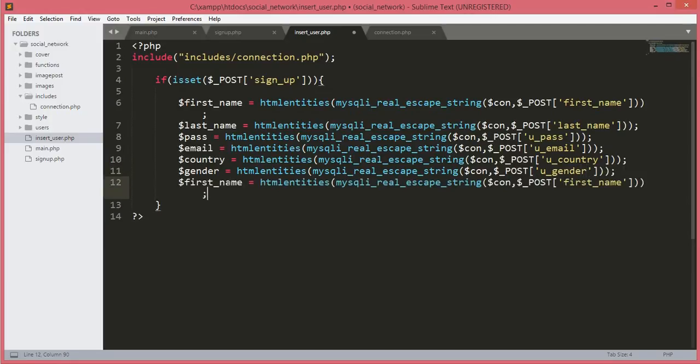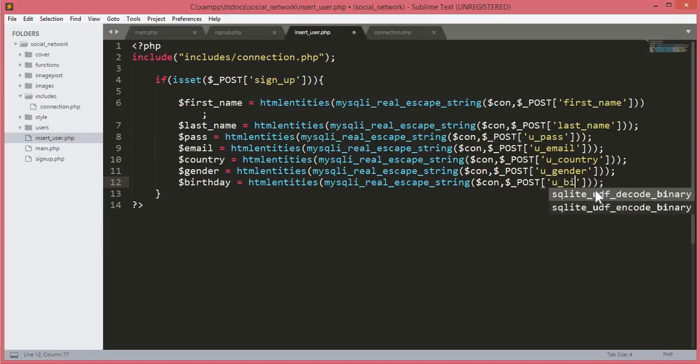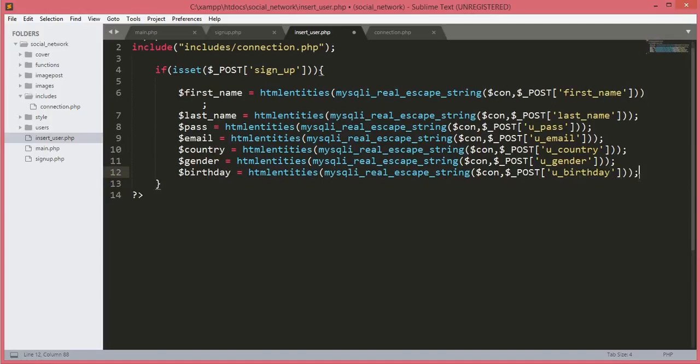After the gender we will paste it one more time, and then for the birthday, it will be equal to u_birthday. After the birthday we will have an option for the status,